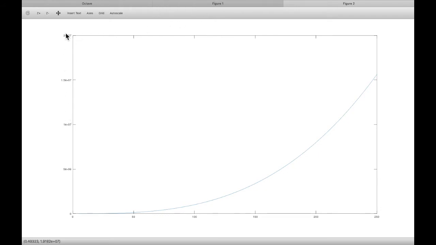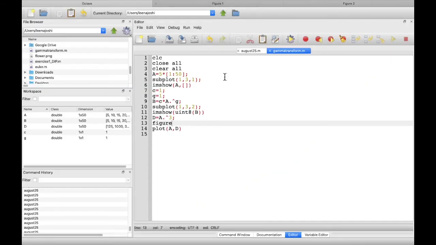Here please don't go by the axis on the left hand side, because in gamma transformation we have to ensure that the starting and the end point values are unchanged. So in order to do that, first we need to calculate what is the maximum for our image, and then we just calculate C accordingly.